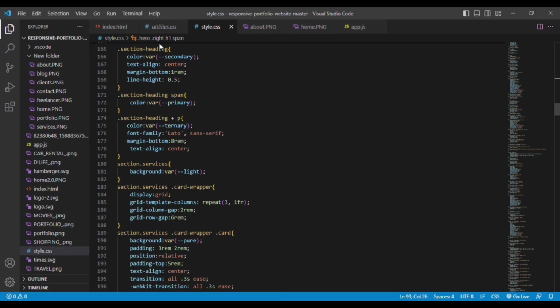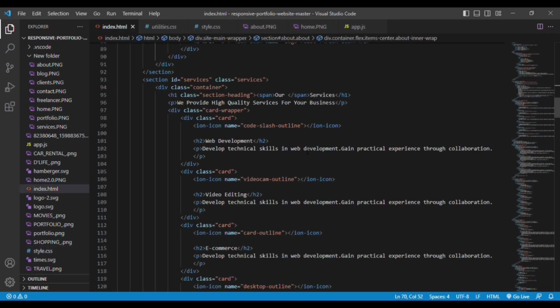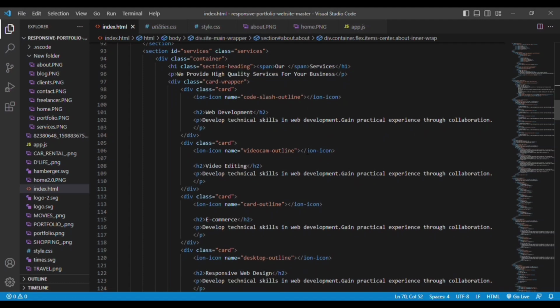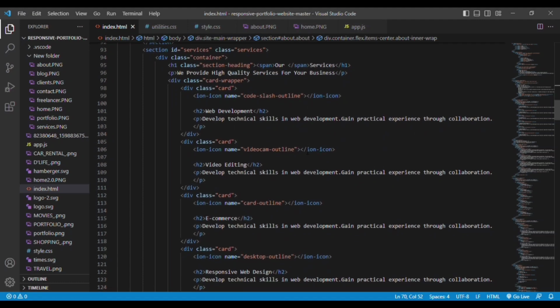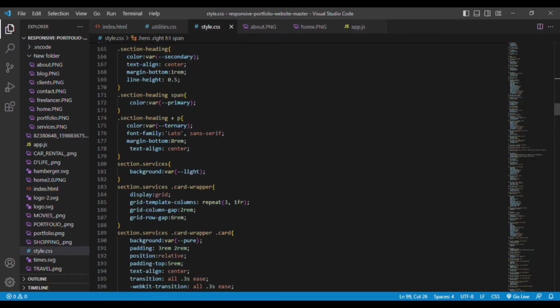Next we can go to the services section. These are all basic values like font size. Most of them I have already covered in the utilities. Then we have the service section, and then we have a container. In the first container we have an h1 element, that is the heading element. You can see the section heading element, which is already given here. For the section heading element, color is given, and we are adding text align center,